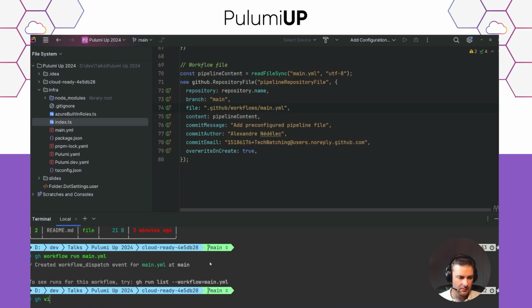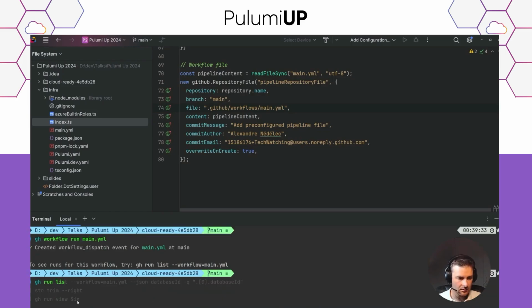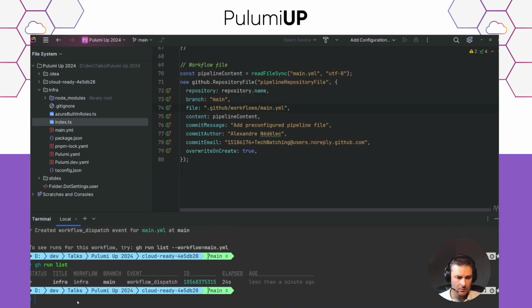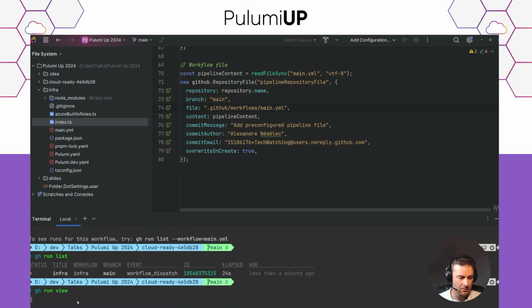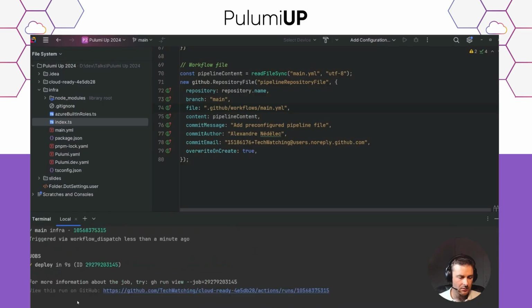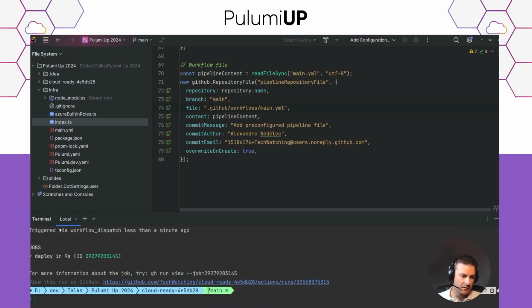And we can just, yeah, we can just run. You can see our pipeline has been triggered, and if we can see our pipeline just work, and we can even see the log if we want to.